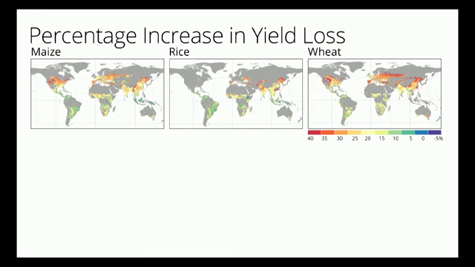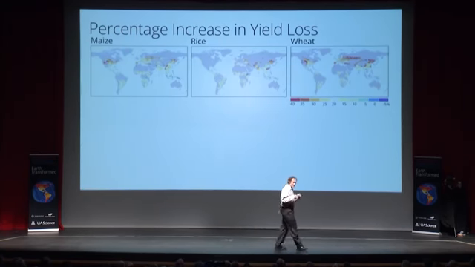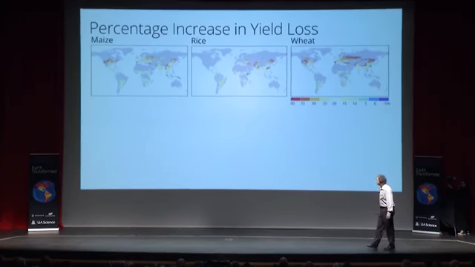If you just increase temperature by 3 or 4 degrees over the land, by 3 degrees global average, how much increase in loss will I have due to pests at the end of the century? And that's what's colored here. Red is a 40% increase. So I expect in mid-latitude regions, United States, Europe, China, basically, losses of wheat, maize, and rice yield to increase by 30 to 40% because of increasing pest pressures. Bugs do better under high temperatures in mid-latitudes.